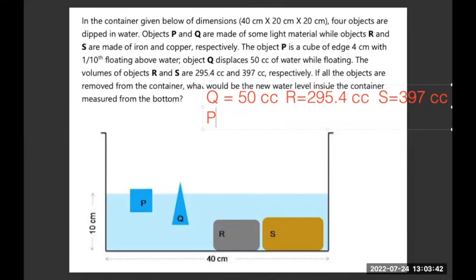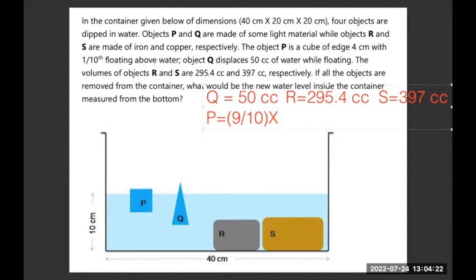Can anybody suggest to me, is it possible to find the volume displacement of object P? Object P का volume displacement कितना होगा? Is it possible to find? You are given an edge, which is a cube, which is 4 centimeters. Yes, ma'am, we can find by the formula 4 cube. हाँ, पर वो पूरा क्यूब वॉल्यूम डिस्प्लेसमेंट नहीं होगा बिकॉज उसका 1/10 तो पानी के अबव फ्लोट हो रहा है. Does that mean that 9/10 which is floating inside the water is the displacement of water? Yes, ma'am. 9/10